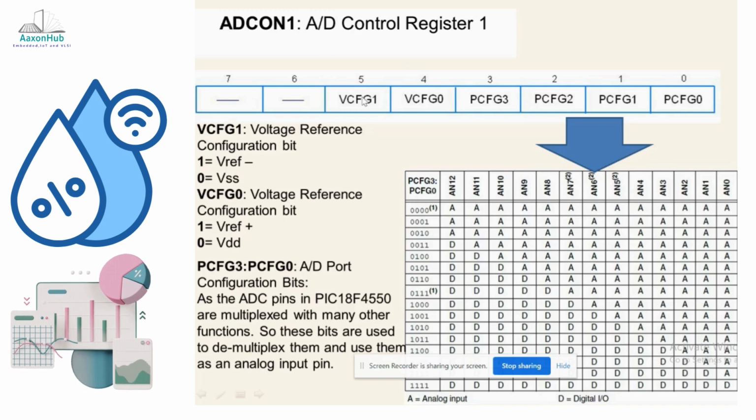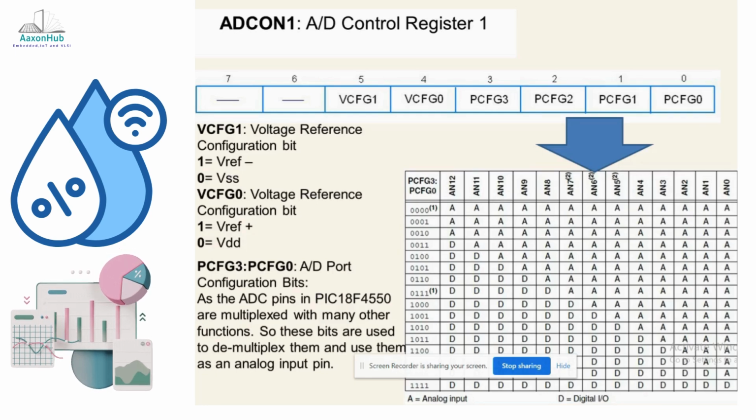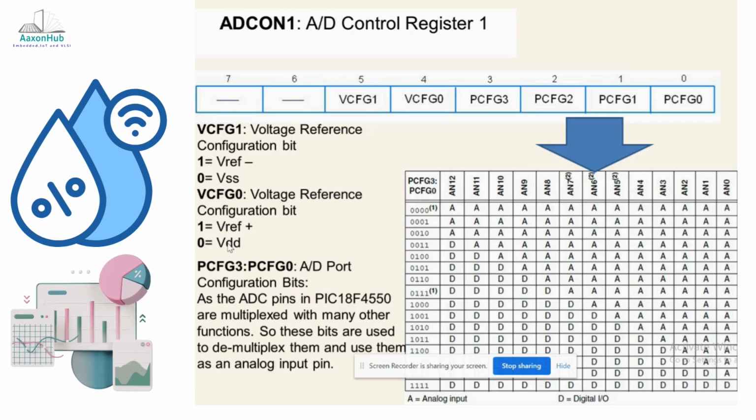By assigning these two bits as 1 1, you are taking the reference as V reference plus and minus, which is 3.3 volt. If you have selected VDD and VSS by assigning these two bits as 0 0, then these two bits will be considered as plus 5 and minus 5 threshold voltage for the